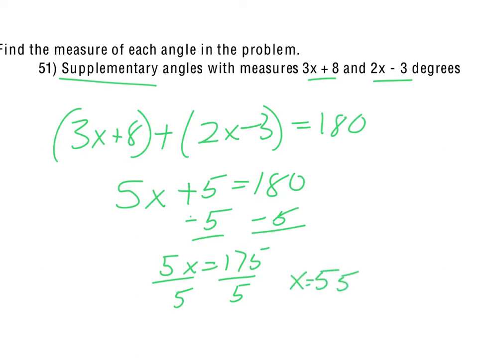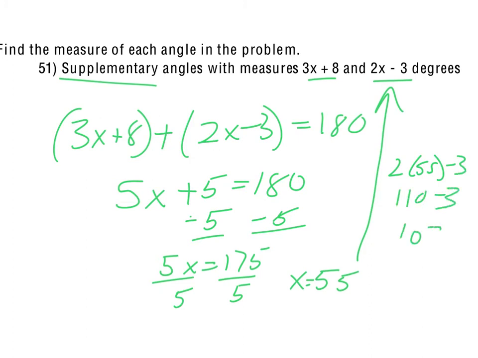Now, again, if this is multiple choice, they may have 55 as an option, because sometimes people forget that finding x wasn't the objective here. Getting the actual angle measures is the objective. So we plug that 55 back in. I might plug it in here, actually. So 2 times 55 minus 3, so 110 minus 3, we're talking 107. Well, so